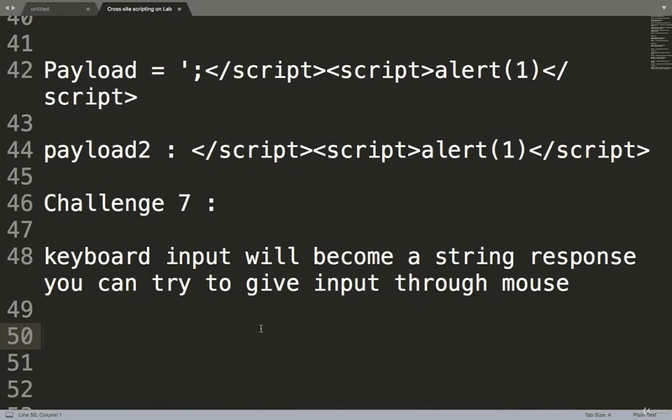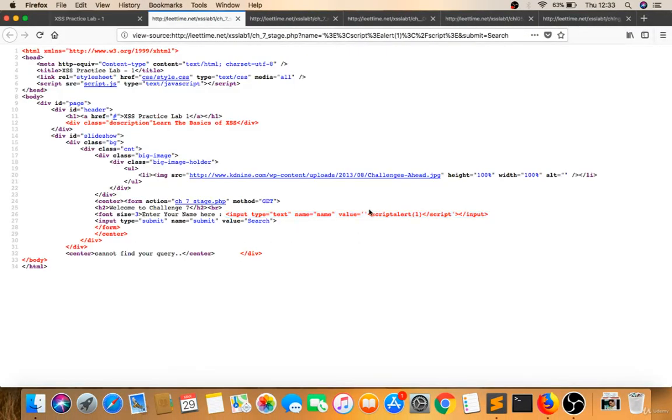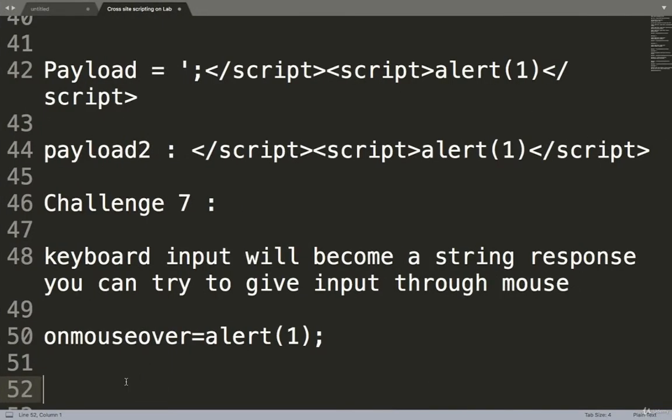The onmouseover payload will be very simple: onmouseover equal to alert 1 and a semicolon to terminate the other things. Now the question is, your value started with a single quote, so you can close your value by a single quote, onmouseover equal to, single quote alert 1 and this.